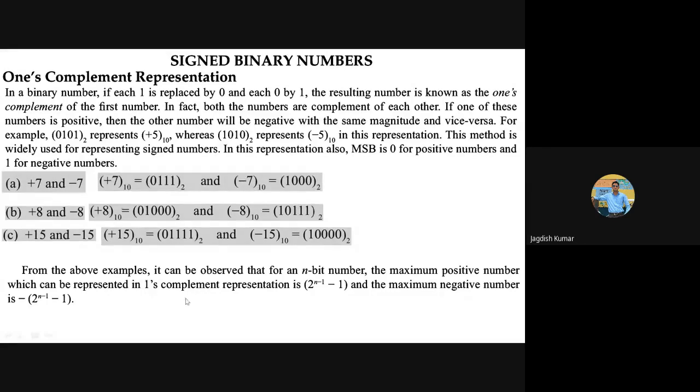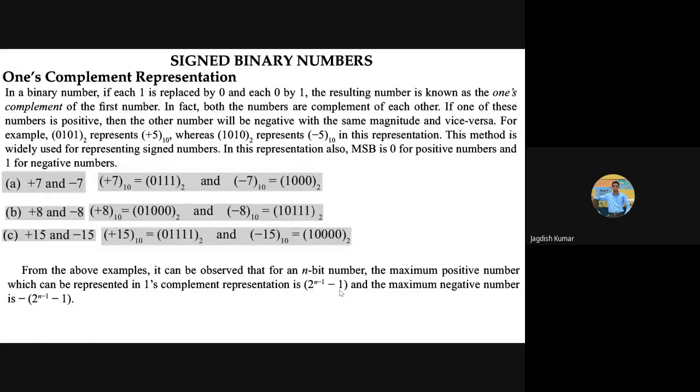Fine. Similarly, if you go to the 5-bit system, now n is 5. So what is the largest number in the 5-bit system we can represent? 2 raised to the power 5 minus 1, minus 1, which is 2 raised to the power 4, minus 1. What is 2 raised to the power 4?